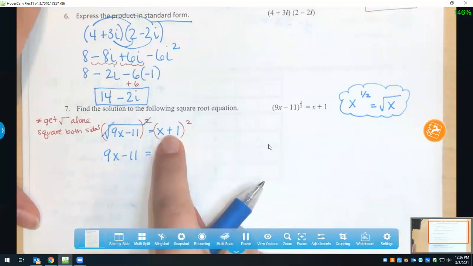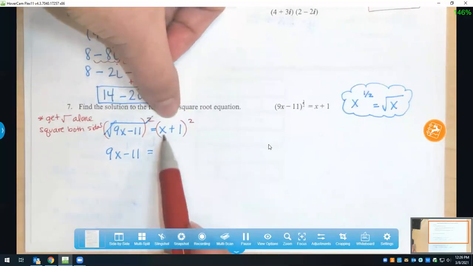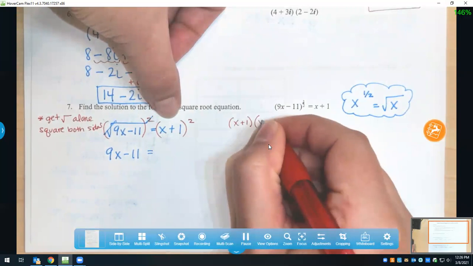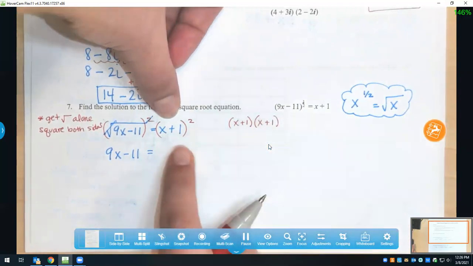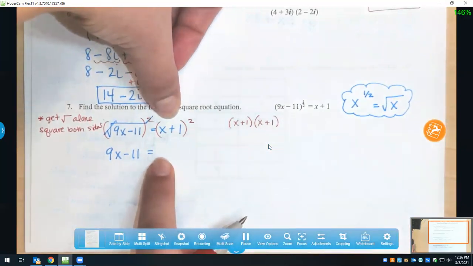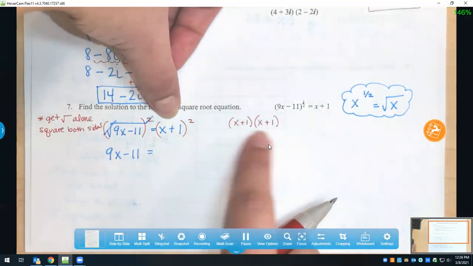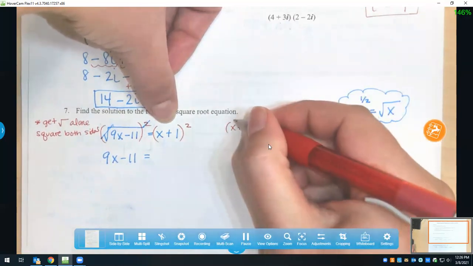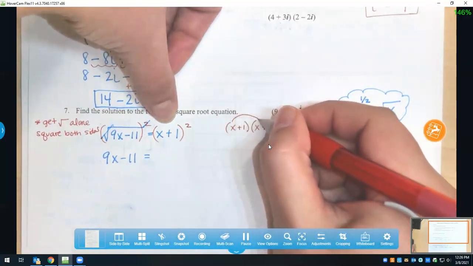Because on the right side, remember what this is saying. This is saying x plus 1 times x plus 1. So don't make that rookie mistake and say this is x squared plus 1 squared. That's not what this is saying. This is FOIL. This is multiply it all out. This is first, outer, inner, last. So when you multiply with FOIL,